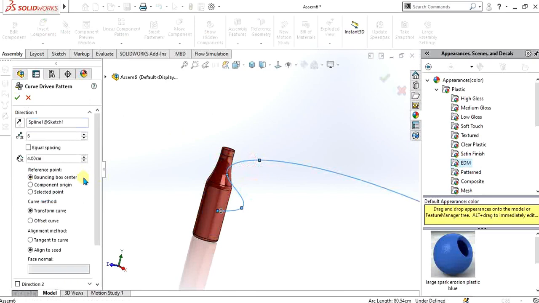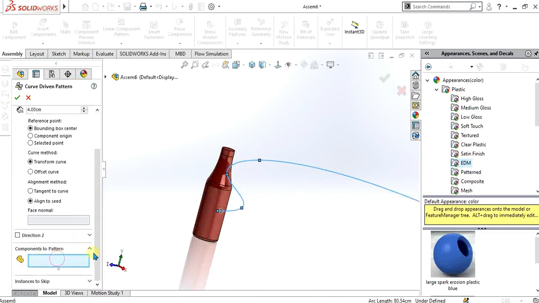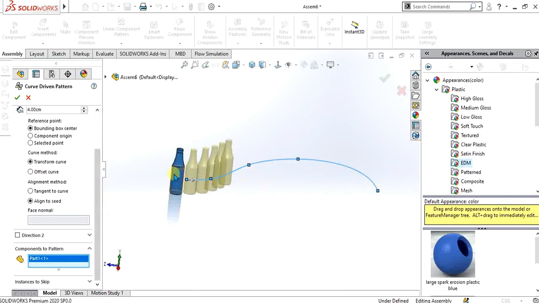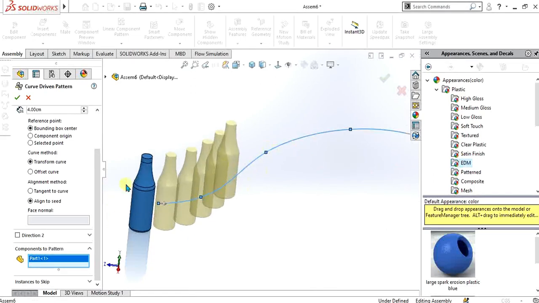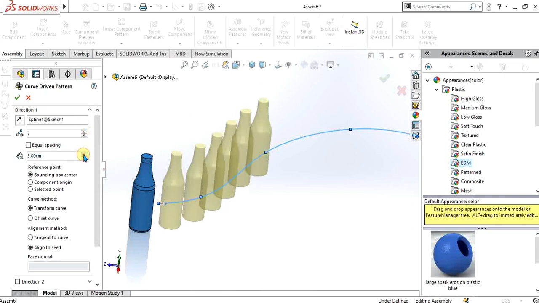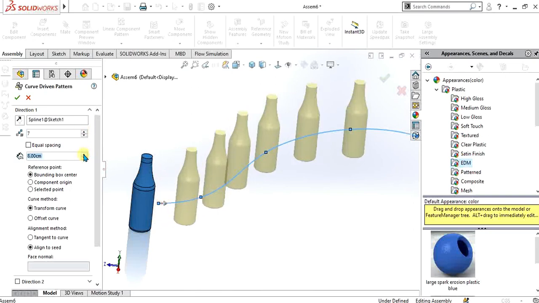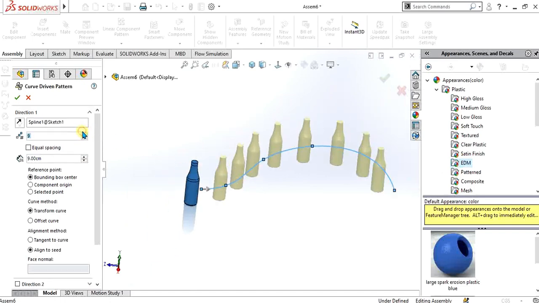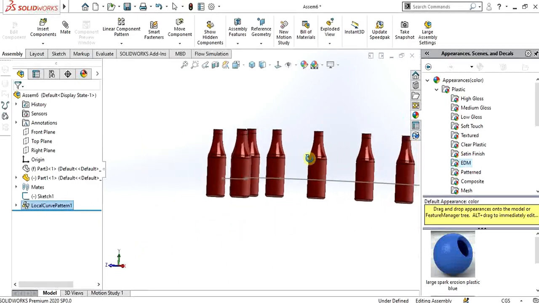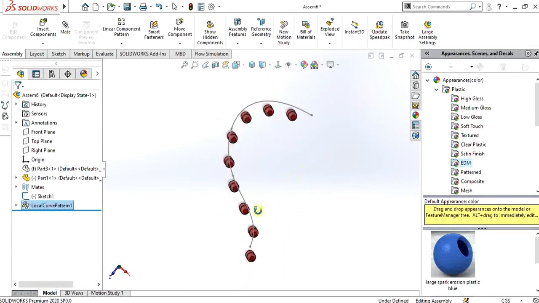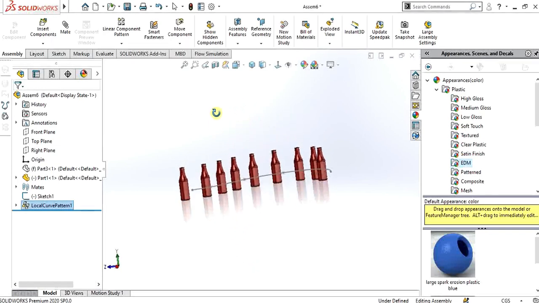I will select this sketch, and from this tab I will select the components to pattern like this. Now it will follow the path, or it will follow the curve. So you can increase the instances from here, and you can give the distance from here like this, and select OK. So now you can see this is our simple curve driven pattern.